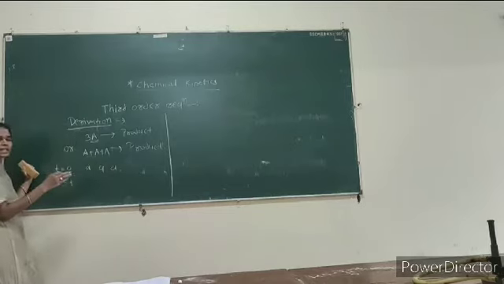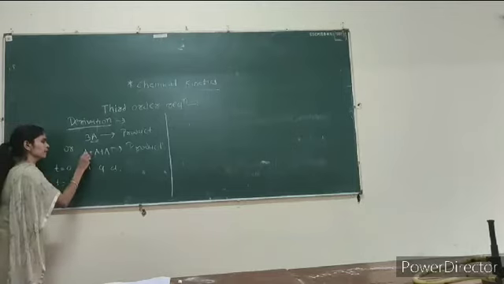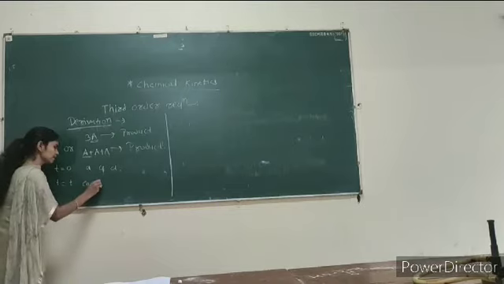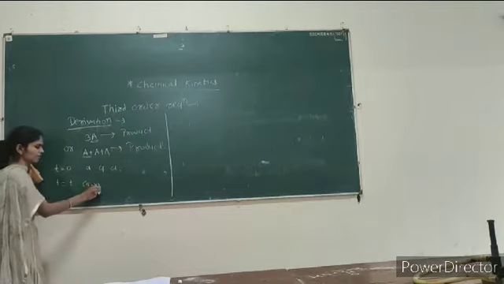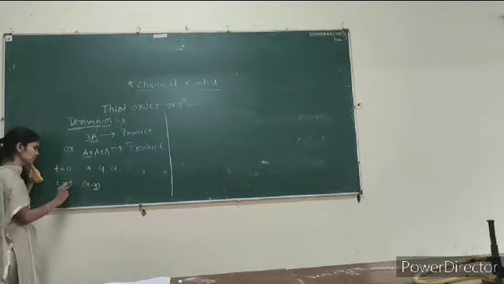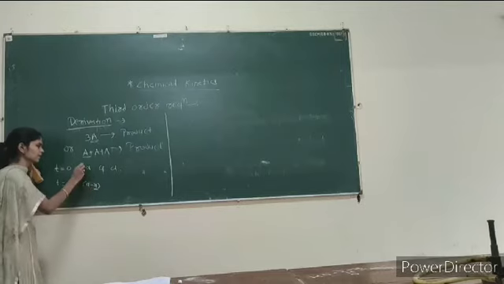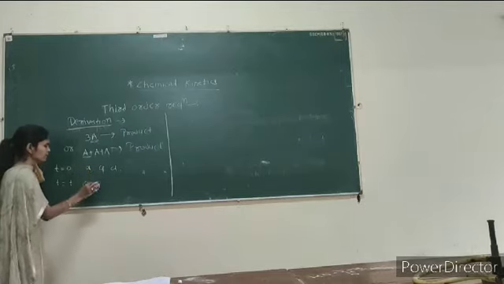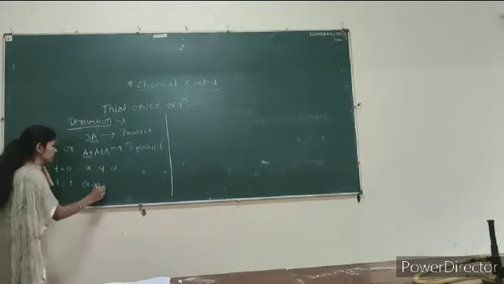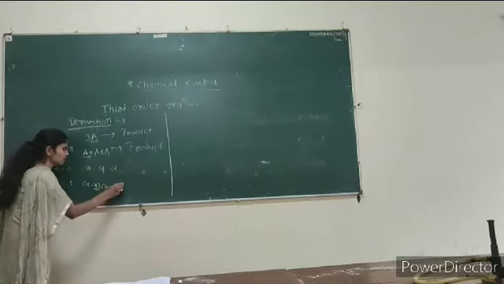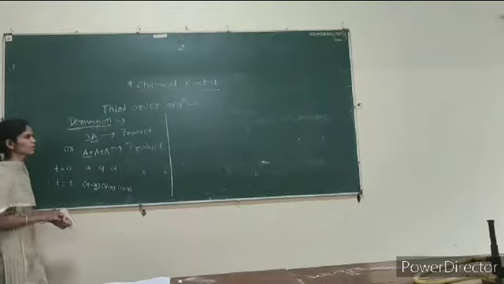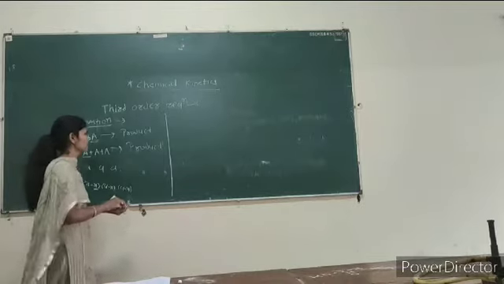Next, the amount of A reacted, then the concentration is a minus x. x is the reacted concentration after time t, and the remaining concentration is a minus x, that is initial concentration minus reacting concentration. For the second A it is a minus x, and for the third it is a minus x. Now the rate law is considered.